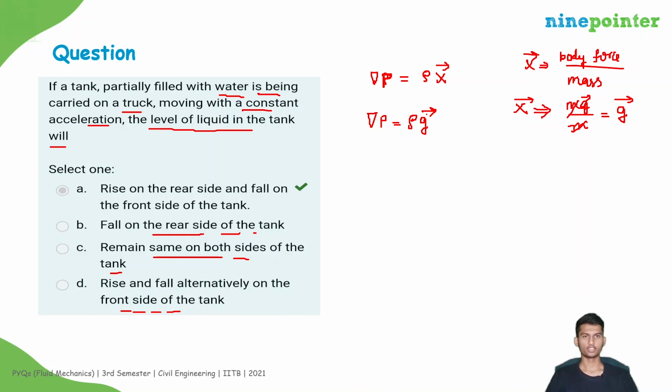with constant velocity. But here the tank is moving with some acceleration. Suppose the tank is this one. If it is at rest or moving with constant velocity, then the free surface will be like this, right? And the g bar will be like this. And pressure will vary in this direction, and perpendicular to this direction the pressure will be equal, right? So in this horizontal plane the pressure will be equal, but in this case